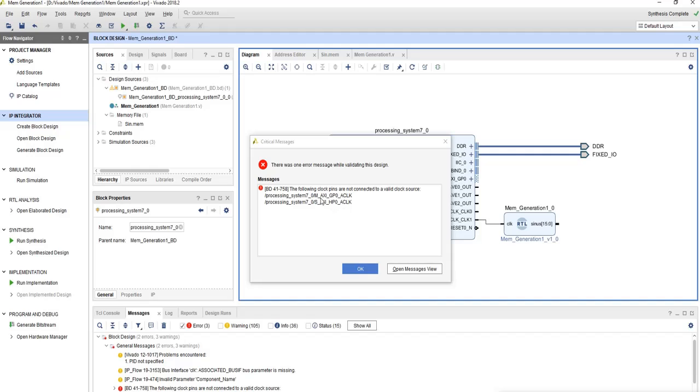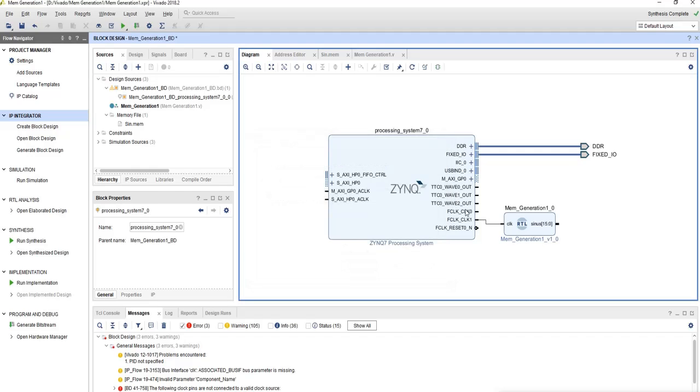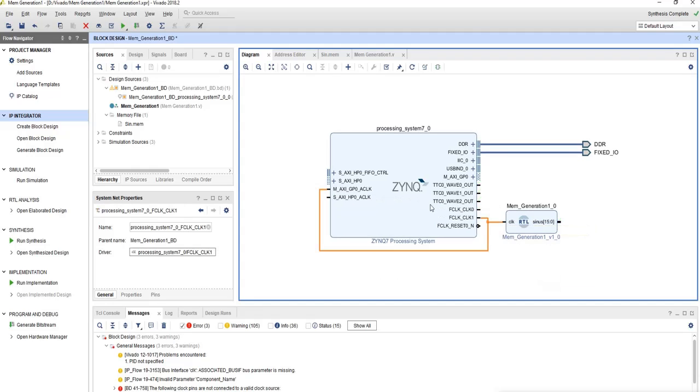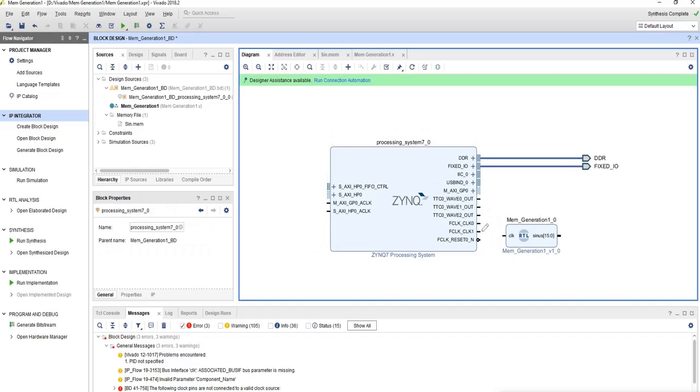Now validate the design. It is giving an error, which is okay. We'll have to just connect the GPIO and HP clocks. So we'll be connecting this. Sorry, okay, we'll have to remove it.